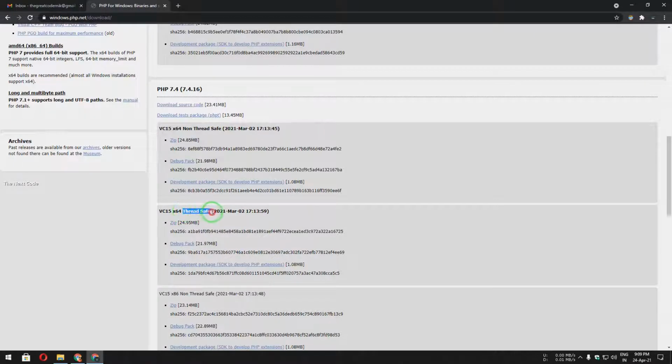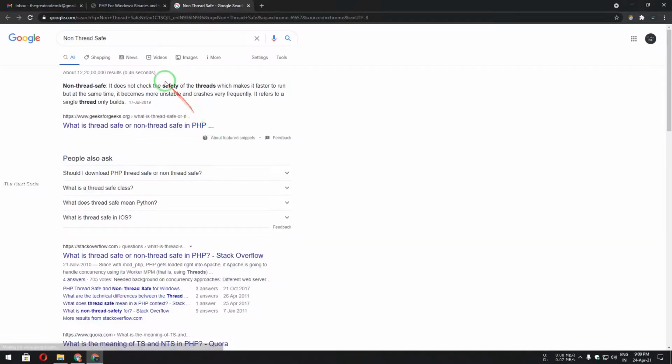Always pick thread safe, because non-thread safe means it does not check for thread safety. So let's quickly Google this and see what it means. Non-thread safe means it does not check the safety of the threads, which makes it faster to run, but at the same time it becomes more unstable and crashes very frequently.